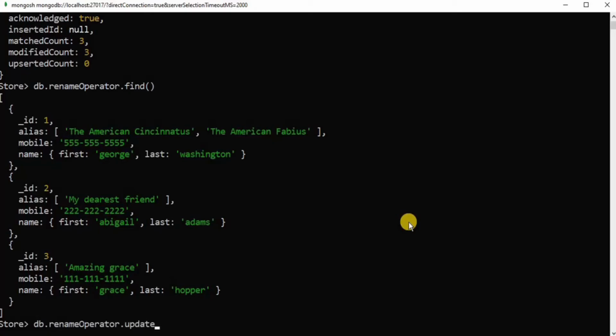db.renameOperator.update, and once you are inside the function, again we are going to leave the condition field empty because we want to apply this on all the fields of all the documents. So I'm going to use updateMany as well, and then here I'm going to firstly use the rename operator, and then you have to define which field you want to update. So inside the double quotes you have to pass name